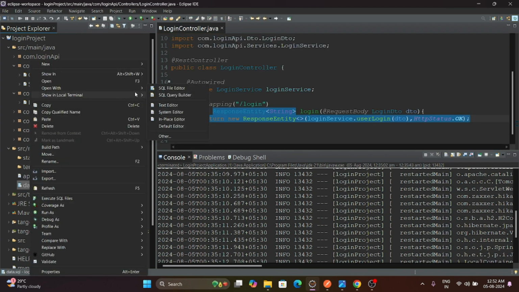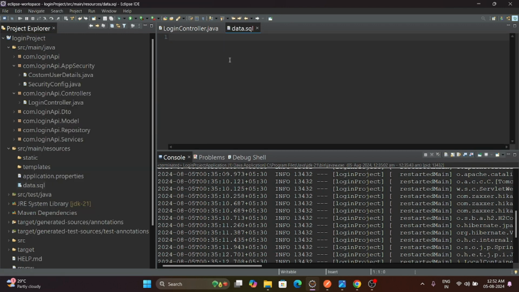Now we'll open it with a text editor and insert users, the username and password values. But one thing we have to keep in mind while giving the password: it would require a fully encoded password. Without it, it will not authenticate, because